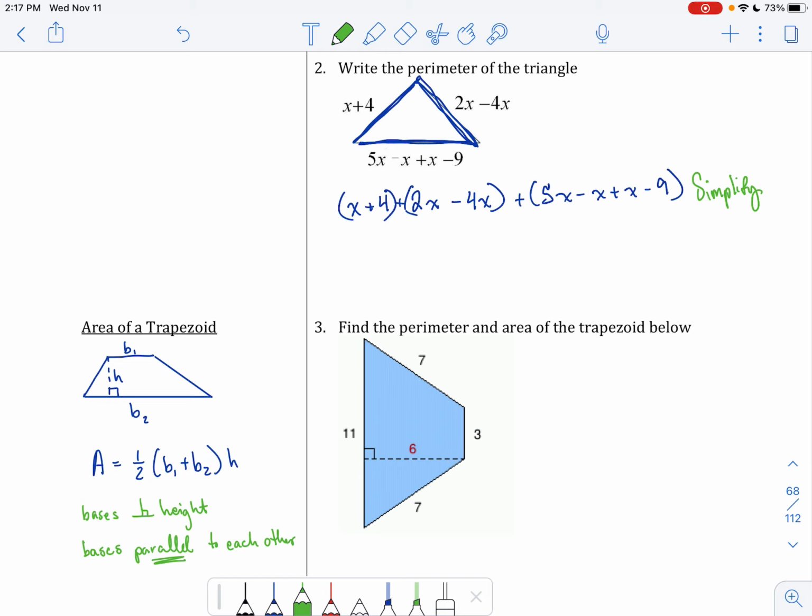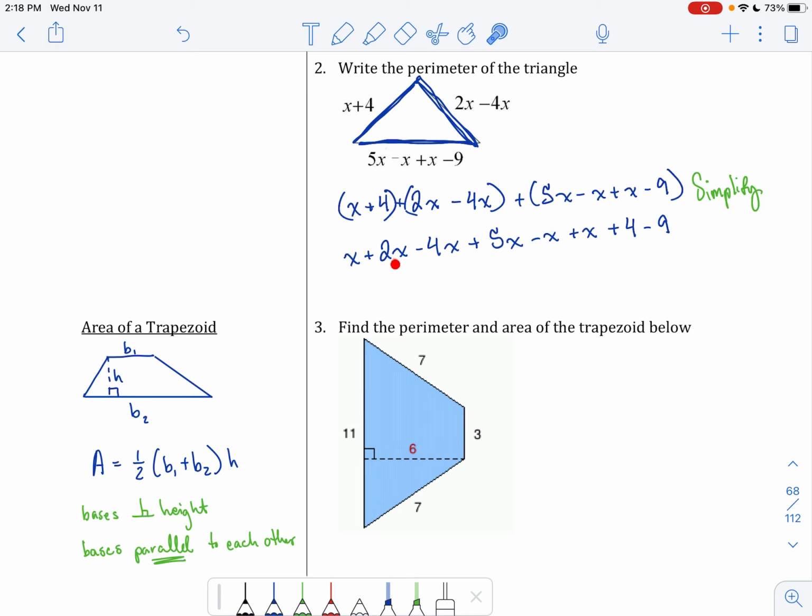So simplify like terms. What I'm going to do is order the like terms all together. So my x terms are x plus 2x minus 4x plus 5x minus x plus x. So there's a lot of those. And then my constant terms are 4 minus 9. Now, one thing that's helpful here is I can even just keep track on my hands or on fingers, however you want to do this, is that I have